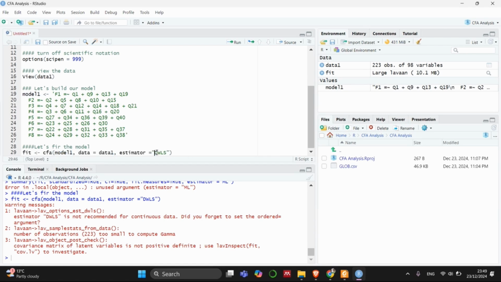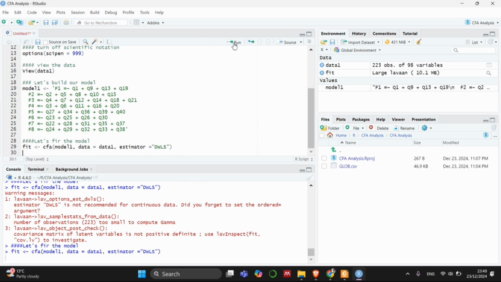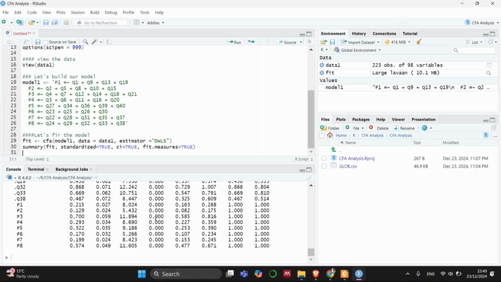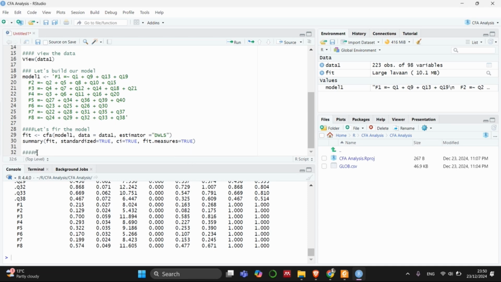So to assess the fit, I will write the code for running the CFA model and using the diagonally weighted least squares, the DWLS estimator. This estimator is particularly suitable for ordinal data. Depending on your variable types, you may need to select a different estimator. Be cautious, guys, because every type of variable has its own estimator. And by running a summary of the model, we can check